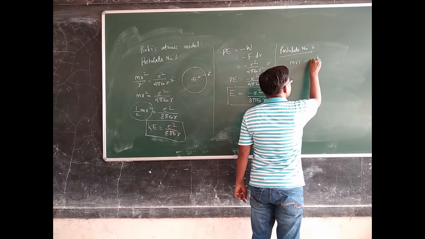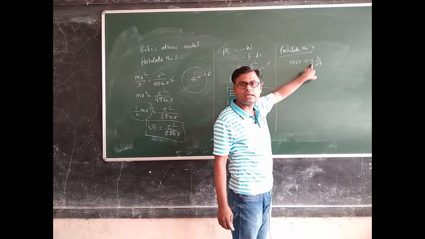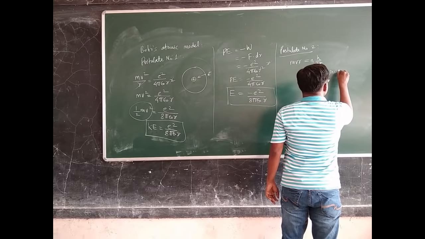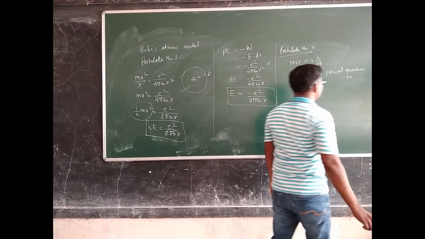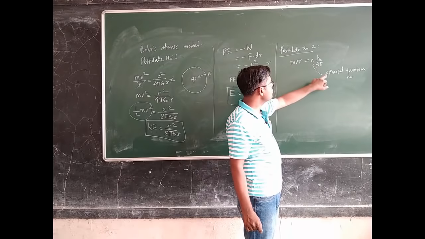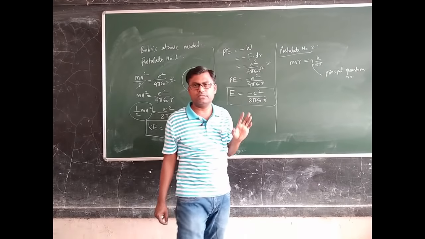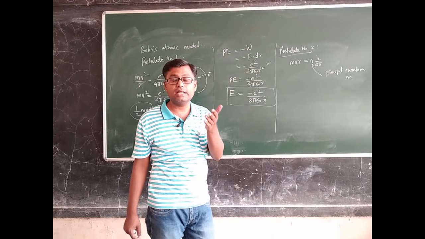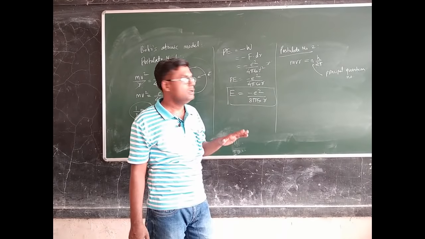And this integral multiplier will be represented by another letter, small n, and here small n is called the principal quantum number. So Bohr first introduced this new symbol n, called the principal quantum number. So only those orbits are allowed; the electron cannot revolve in any orbit. If the electron revolved in any kind of orbit, that motion would be accelerated motion and it would have to emit electromagnetic radiation.